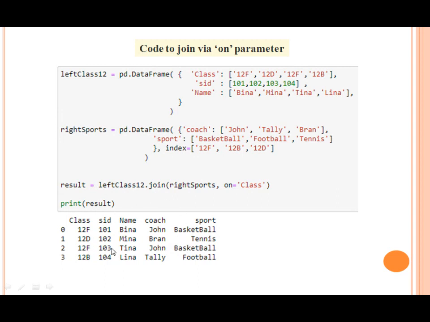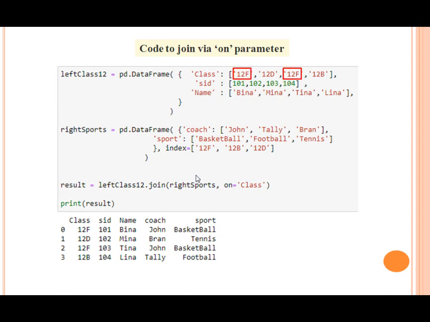Just see the data frame which we get in the result. Class 12th F, the coach is John, basketball, and class 12th F, name is Tina and coach name is again John and basketball. So it is easily relating the two tables properly.